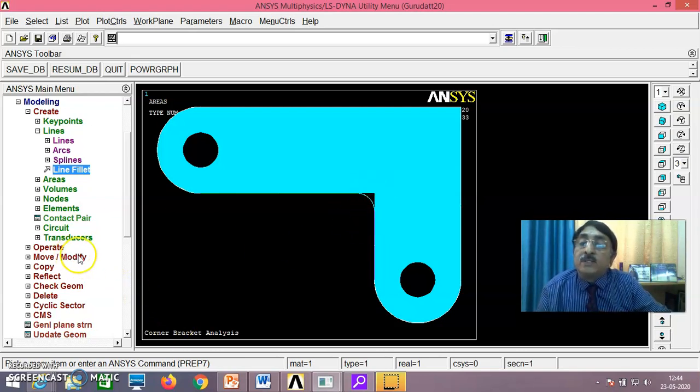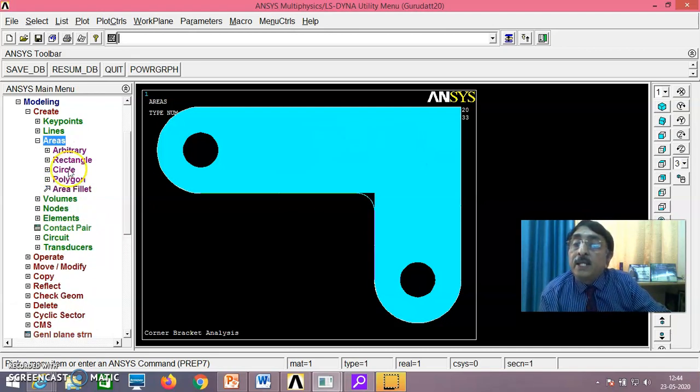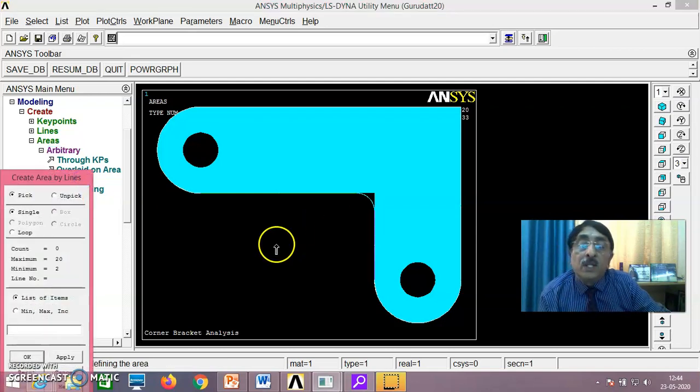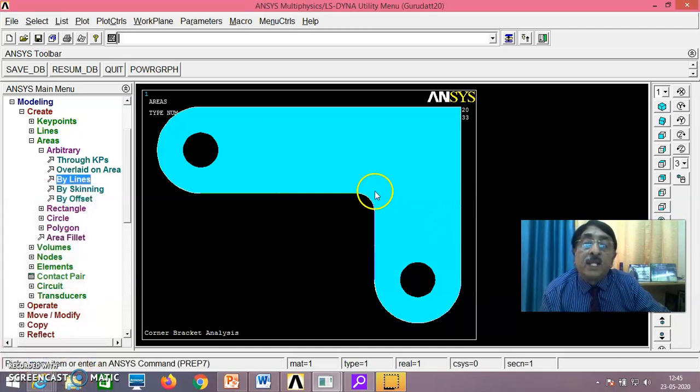Okay, now see here. For the model, the entire thing has to be an area. Then it has to be converted into a finite element model and all that. But this is not an area. This portion has to be converted into area, and then you should unite with the main area. For that you have create areas arbitrarily by lines. Okay, create areas arbitrarily by lines. This, this and this you select, these three you select, and then say okay, then that has been created into an area, no? Now you have an arc also.